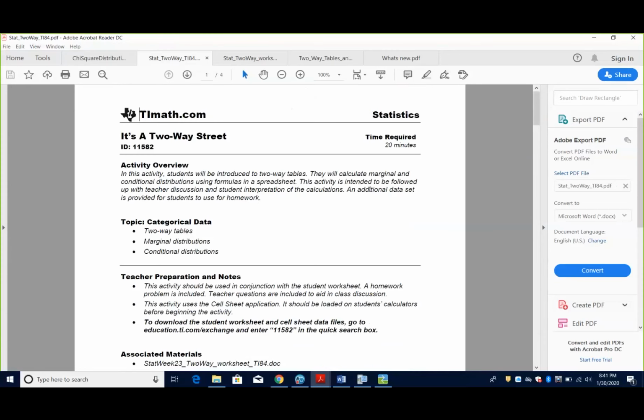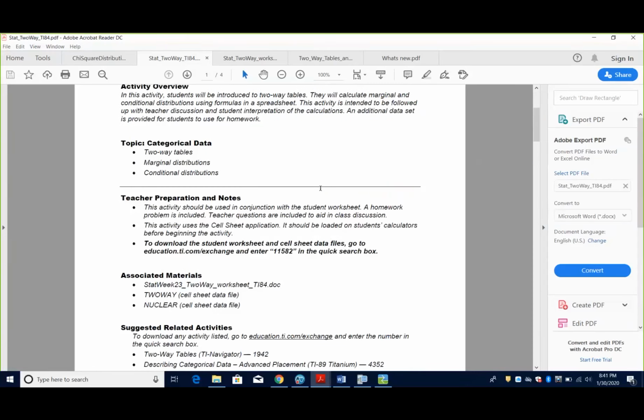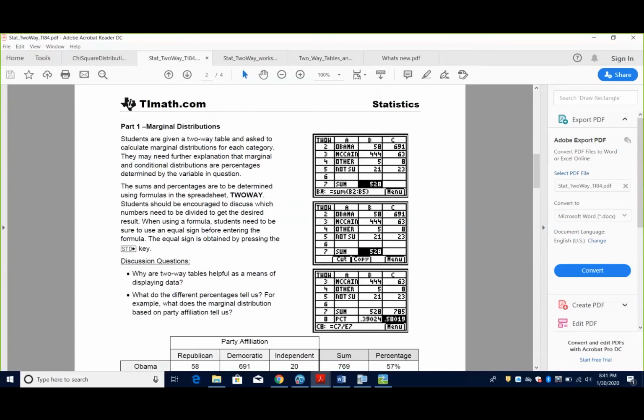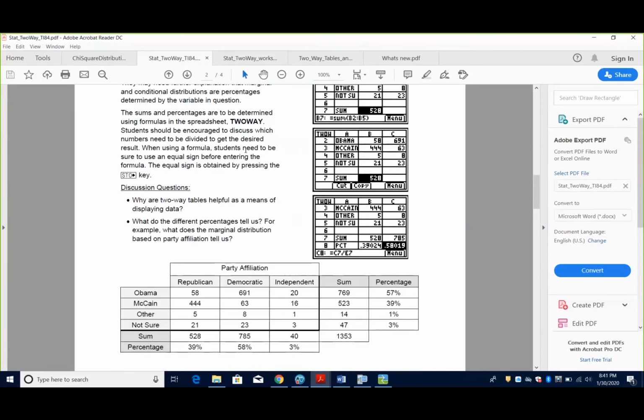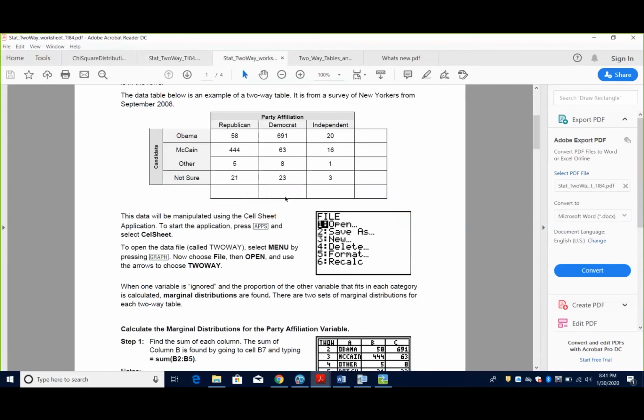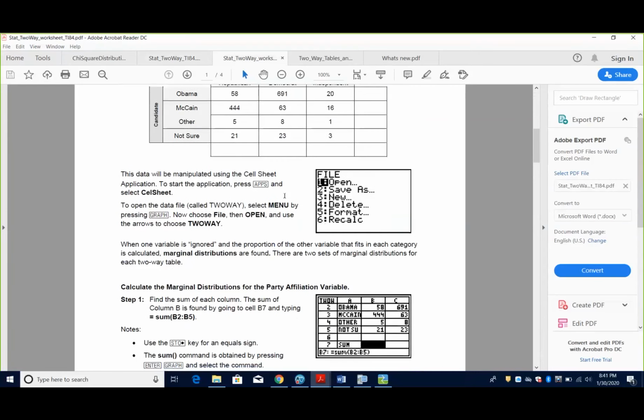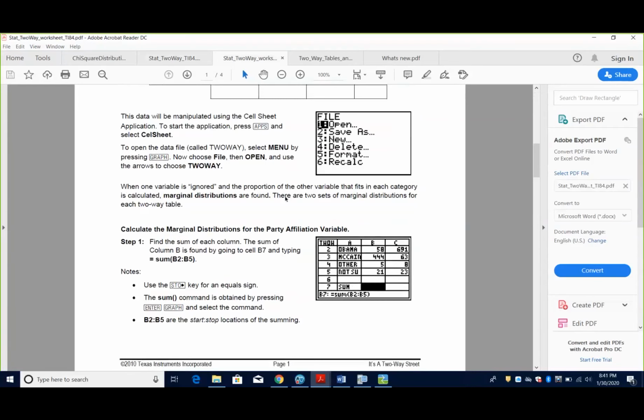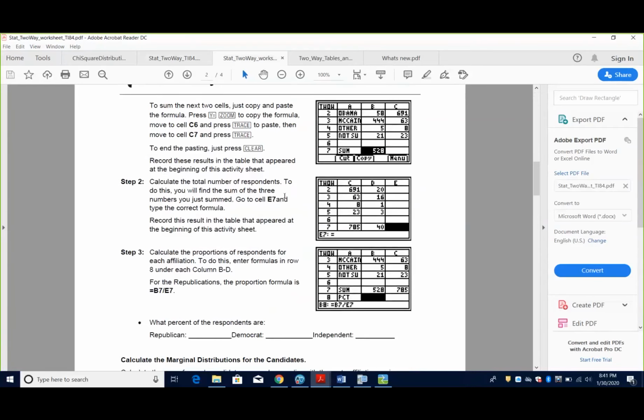There's also a version of it, okay, with the 84. All right, so this is your activity sheet. This is actually the teacher version of it. This is the student version. So you get your teacher and student, and it leads the students through the activity and what they can do. So again, there's a lot out there, and we try to narrow it down for you to kind of focus your attention.